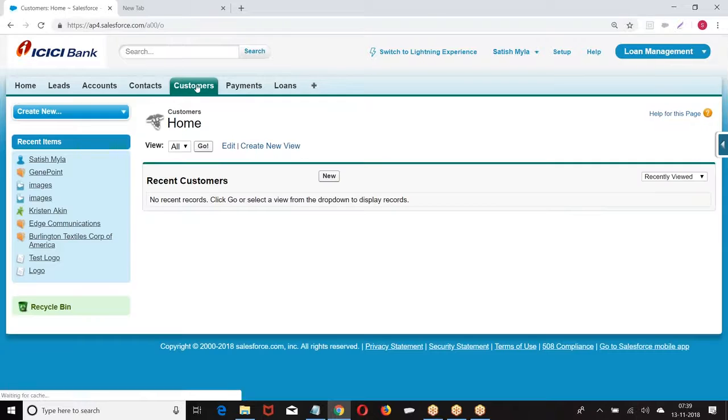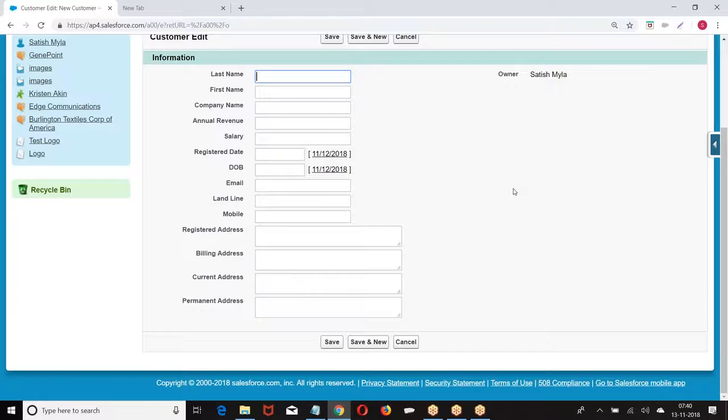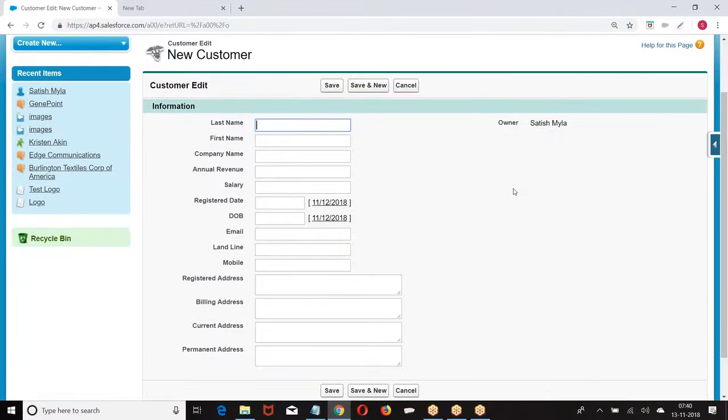So you go to customer tab, click on new. You are able to see all this. But all of them are not necessary for me. When you say person, I have to show different data. When you say company, I have to show different data. Right now, we are able to see everything. But later on, I will organize them. What should I display? Are you clear about this, sir? So whatever the fields we created, all of them are visible here.